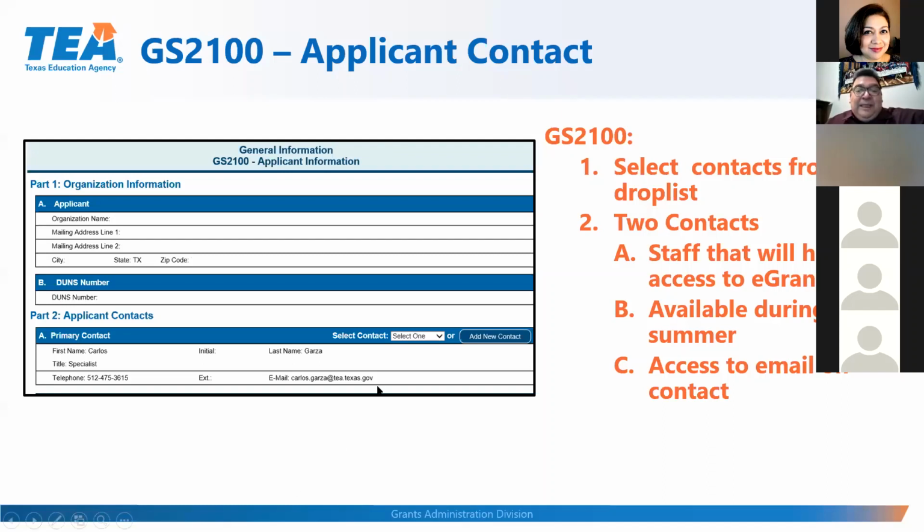And your primary, again, here you just select contact, you select from the drop list. If the person is not there, there is a button to add new contacts. Just to let you know, when you click on that, it will take you out of this schedule. So if you haven't saved anything, it won't save it. But it'll take you back to that contacts tab so that you can enter in that additional contact. Then you just have to go back, apply for eligible grants, open the application, and open up the GS 2100 again,